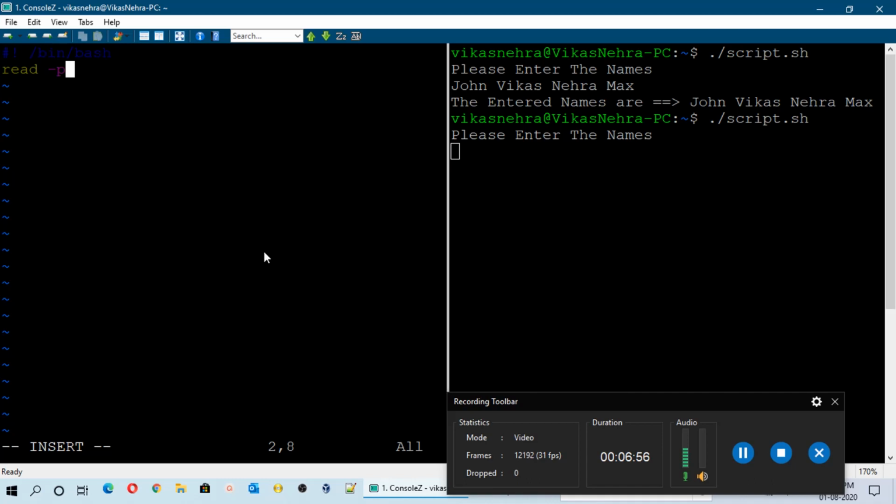Read hyphen p, then enter name here like this. Then use the variable in which you want to store the value, and after that echo and mention anything like this. Your name is $name and save this script file.